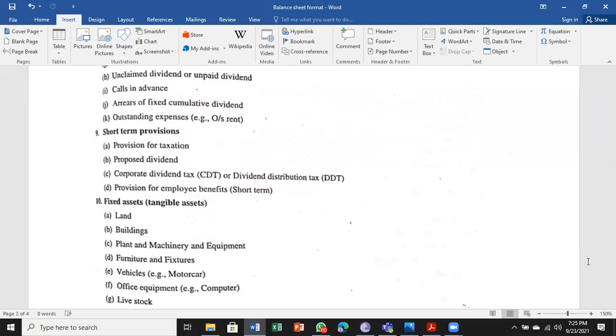Next, calls in advance. That is when money on the share capital is received before the company asks for it. The company may receive the money from the shareholder in advance. That is calls in advance. Then outstanding expenses: any expense, rent payable or interest payable, anything of that sort. Salary payable, any expenses payable, that is called outstanding expenses. Then short-term provisions: the provision created temporarily, to be utilized within 1 year. That is called provision for taxation. So there's a last part of it,